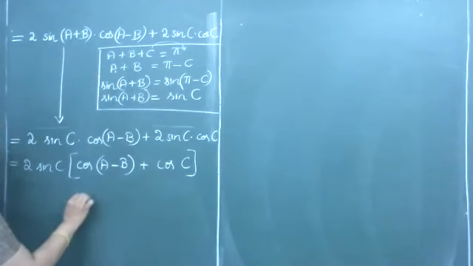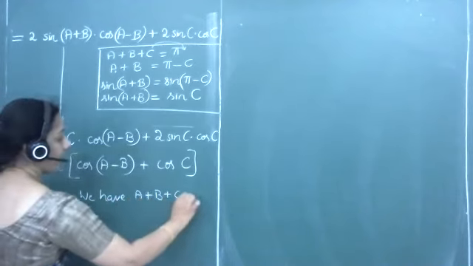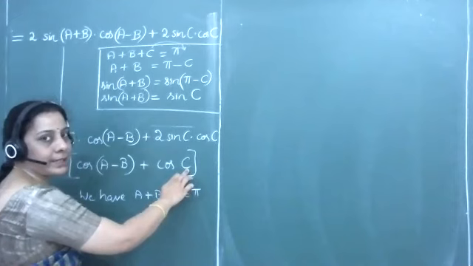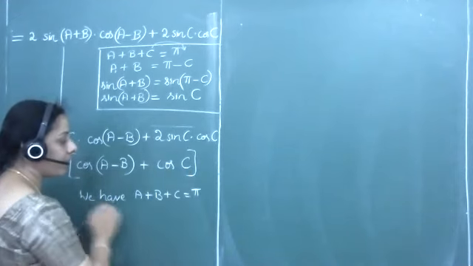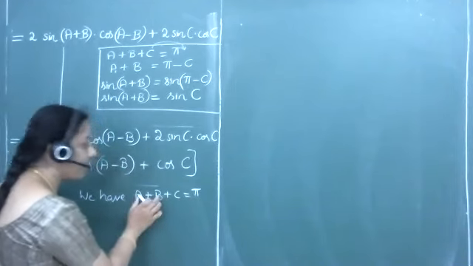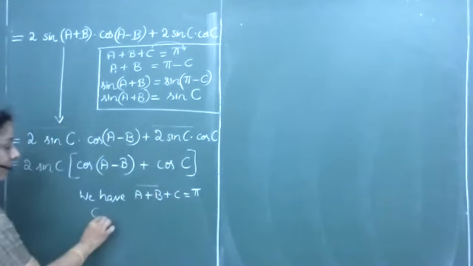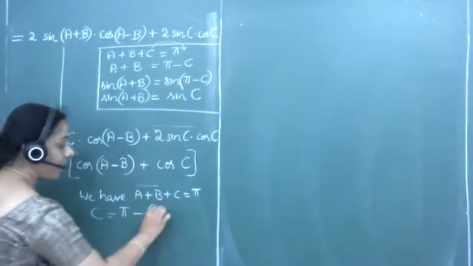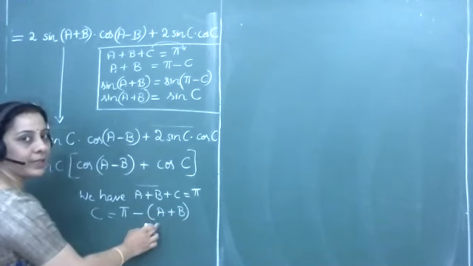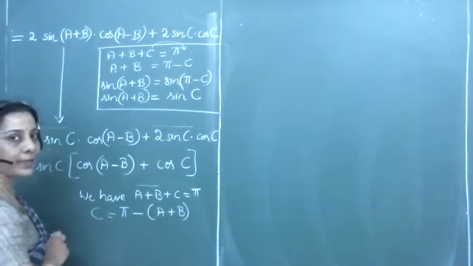So we consider here we have A plus B plus C as equal to pi. Now we want cos C here, isn't it? So what will I do? I will retain this angle C in the LHS and shift this A plus B as a whole term to the RHS. A plus B whatever I will be transposing to the RHS. So then C will be taken as pi minus of A plus B. Okay, it is a binomial term, so it is better we use brackets over here. C will be equal to pi minus of A plus B.